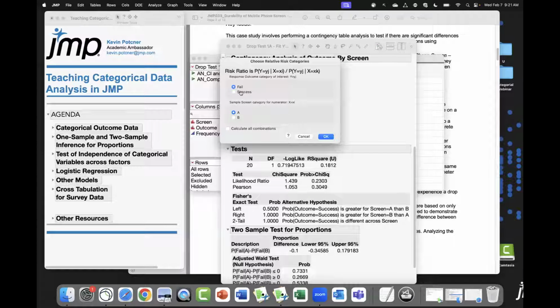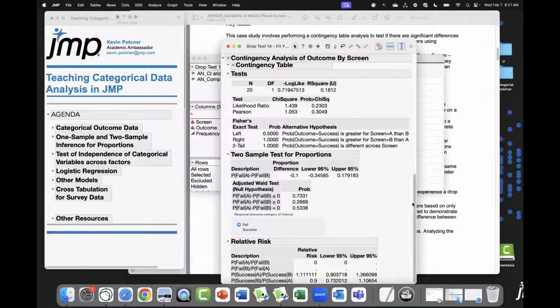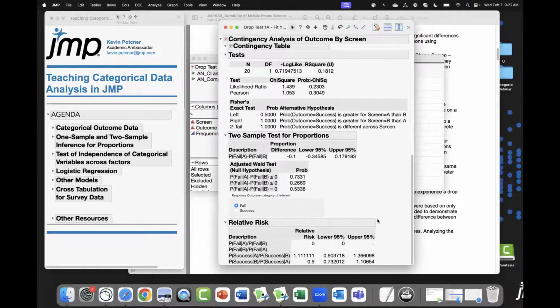Again, I can pick whether I want to phrase this as failure or success, and what I want to put in the numerator, A or B. I can also pick all combinations. I will do that just so you can see all the results we get. Down at the bottom, we're going to get those looking at the ratios. Now, some of them you can see don't produce an answer, and that's because 0 ends up being in the denominator for some of these, right? Because we have 0 failures for screen A, but I'll look at the ones where 0 isn't in